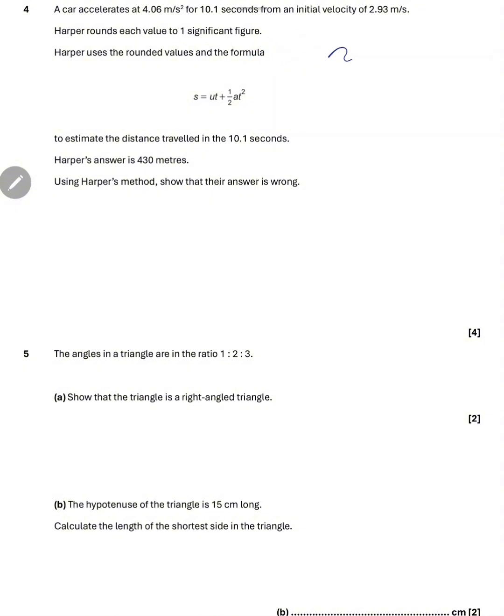In question 4, you can read it through. There's information provided, and the first thing we've got is acceleration. Well, that must be A. Acceleration is 4.06. I'm just going to rewrite that down as A for acceleration. There's then a time of 10.1 seconds. Well, time must be T. The annoying thing is this one here. It says initial velocity is 2.93. Something you might not know. We call that U. So the initial velocity is U. It's the only thing left really. And that's